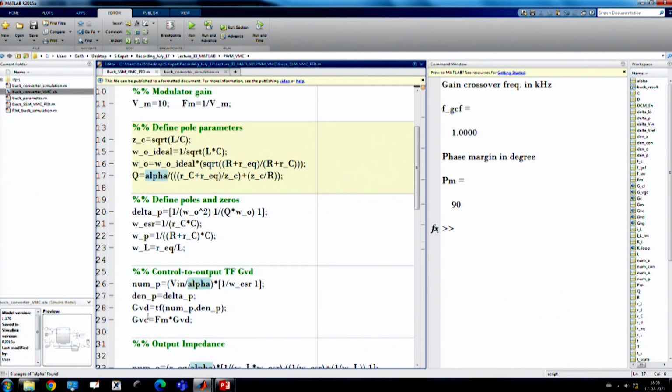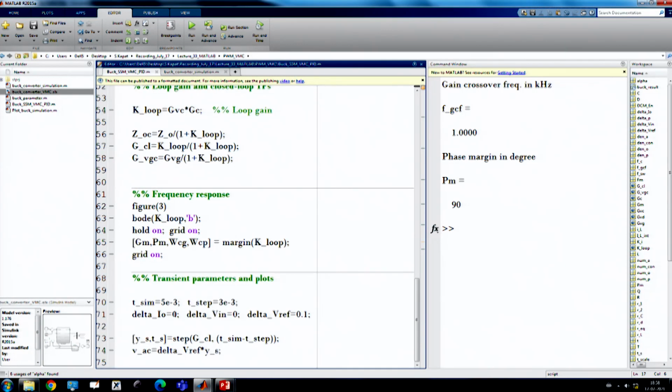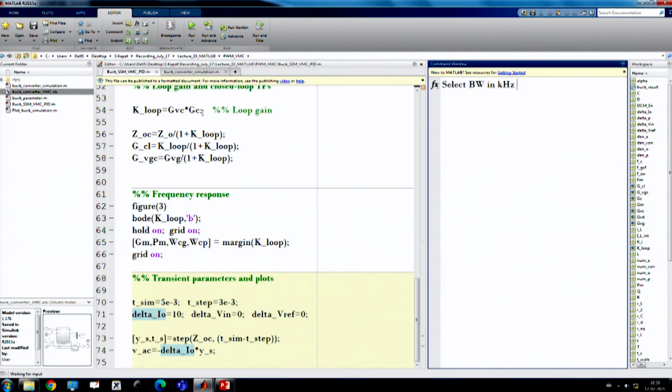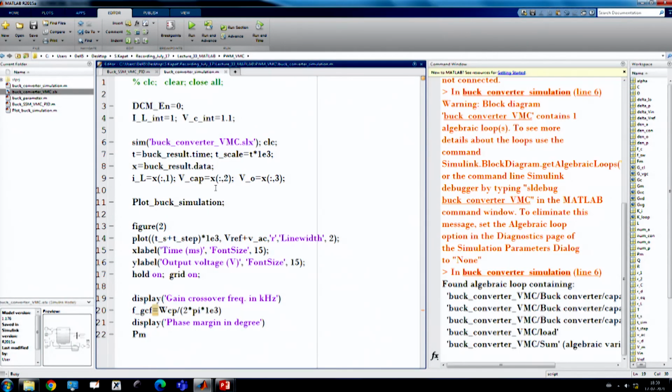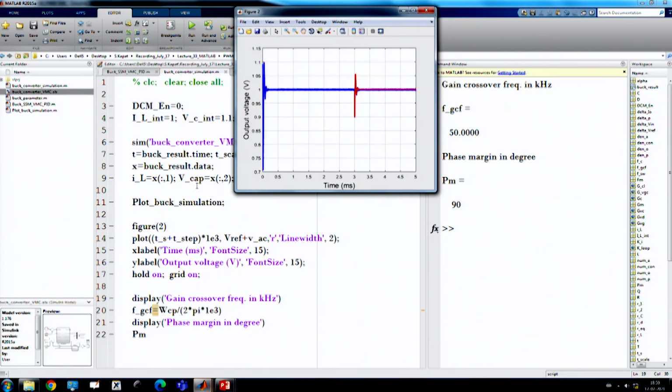in the load transient response, we are now applying a load step of 10 ampere for example, and no supply voltage transient. Since we are applying a load transient, this should be ZOC, the closed loop output impedance that we have discussed, multiplied by delta V0 with a minus sign, because we have discussed this. Again, let us start with 50 kilohertz in this case. For load transient, we want to see whether the model matches or not.